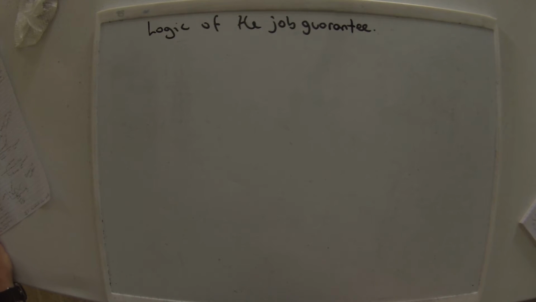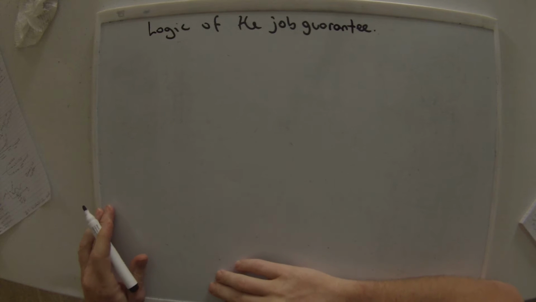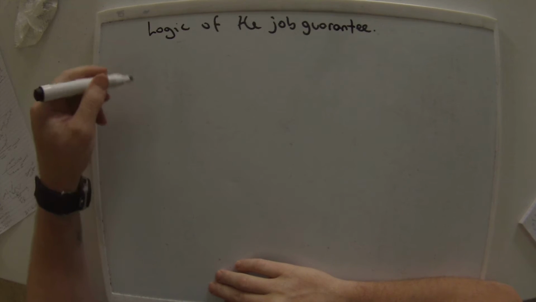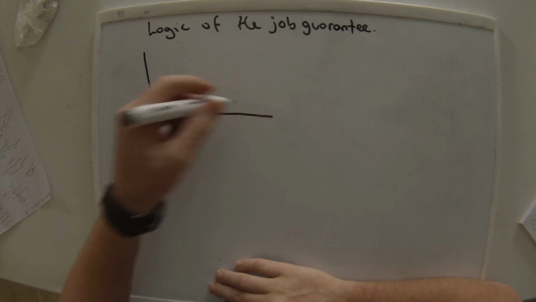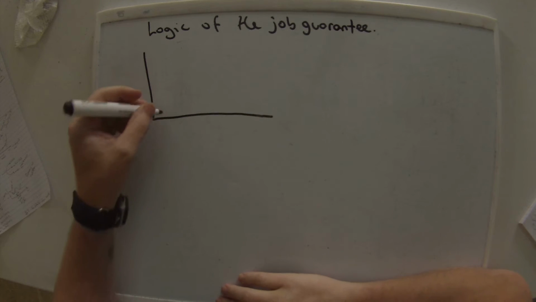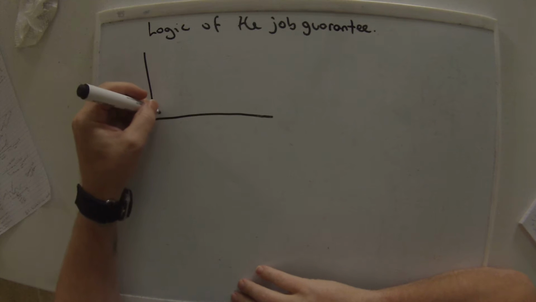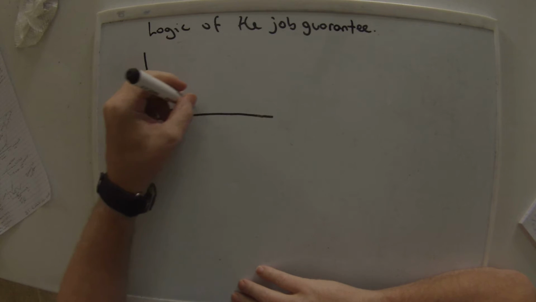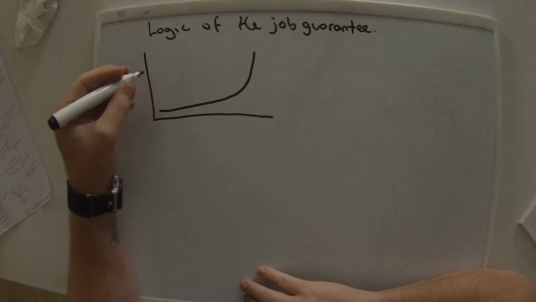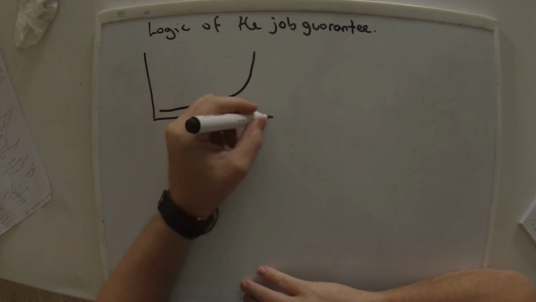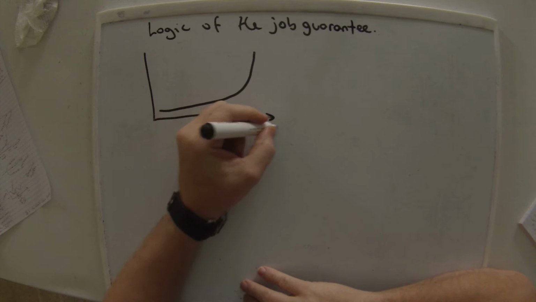So in this episode, we're going to have a look at the logic of the job guarantee, since it's a pretty new thing and yet pretty integral to having a good economy. So if we look at the way the wages system will behave in a fully free-floating market wages environment, which is the one we have, this is the relationship between unemployment